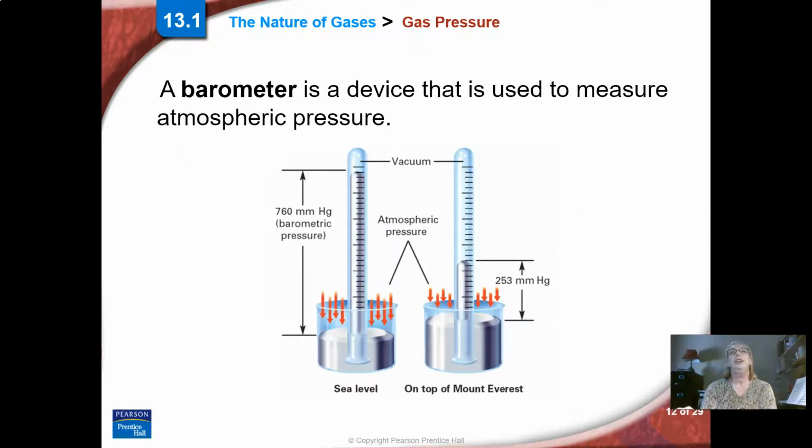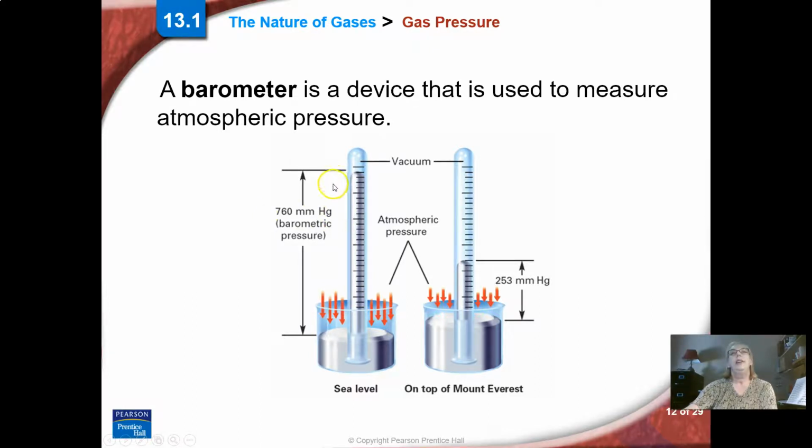We can measure pressure with a barometer, and this is measuring the atmospheric pressure that we have at different places on the Earth. At sea level, which we're pretty much at on the delta here, maybe a few feet up, but near sea level compared to most places on the Earth, we should expect to have this much barometric pressure. This is the standard pressure that we associate with sea level. It's 760 millimeters of mercury.